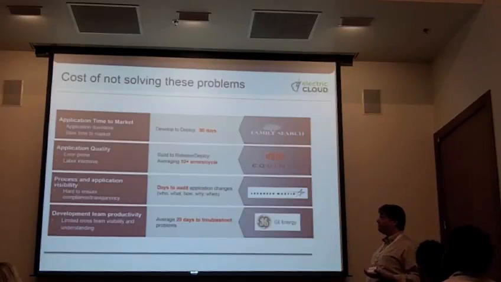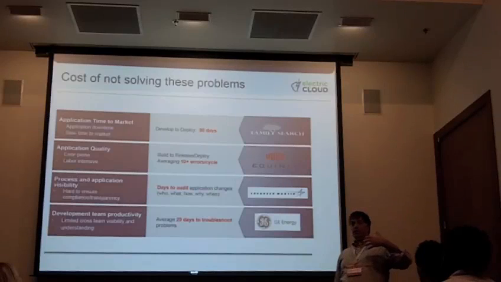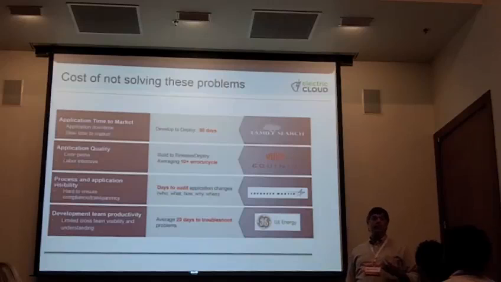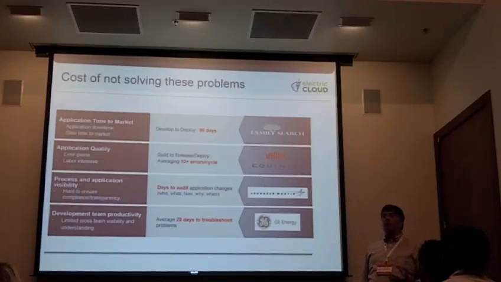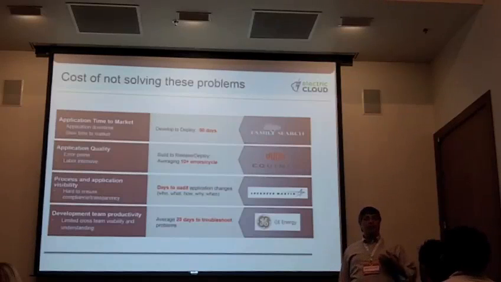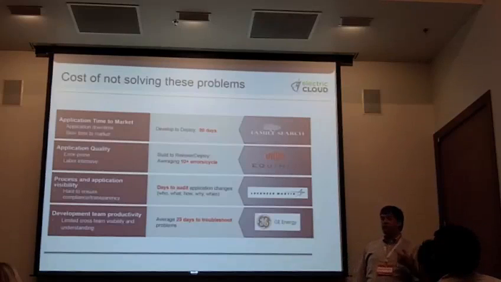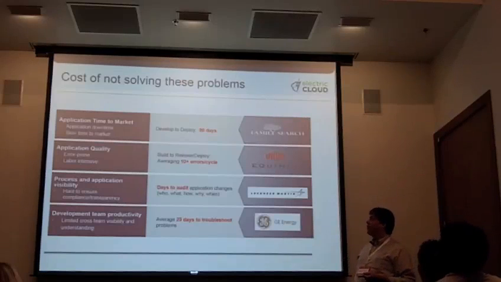App quality is another one: all of the error-prone manual processes that you go through to do a deployment, to do a release. As in the case of Equinix, 10 plus errors per cycle going through, right? Where somebody fat fingered something or forgot to do something, or forgot that we added that new step that we need to do before we do that. All of those kinds of things.